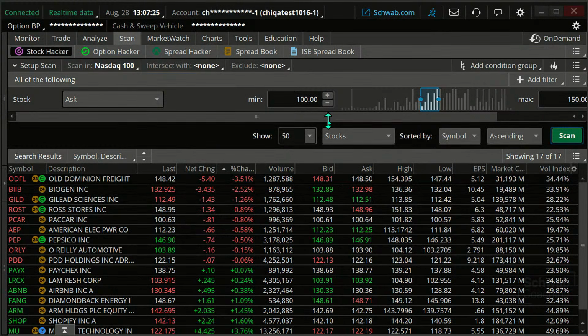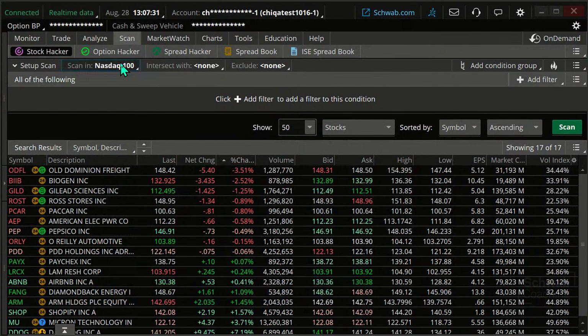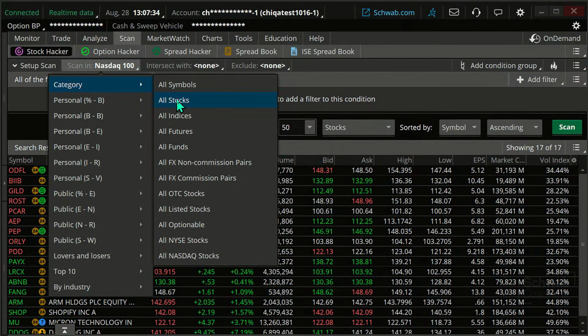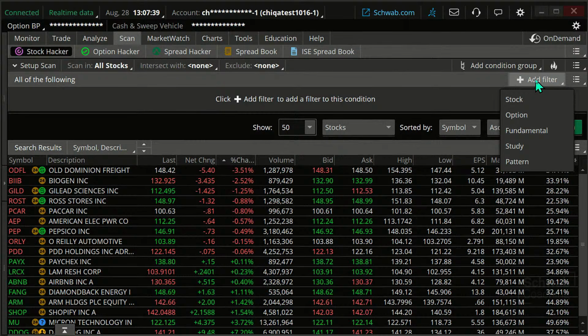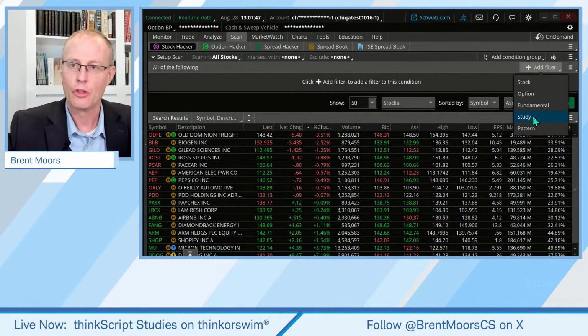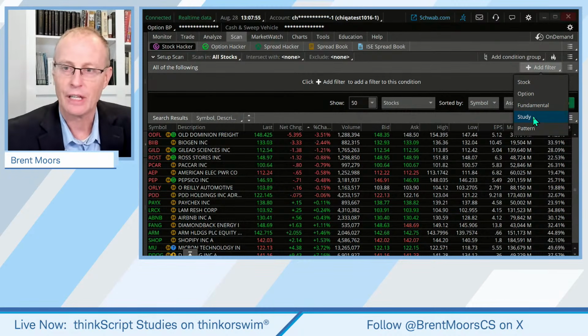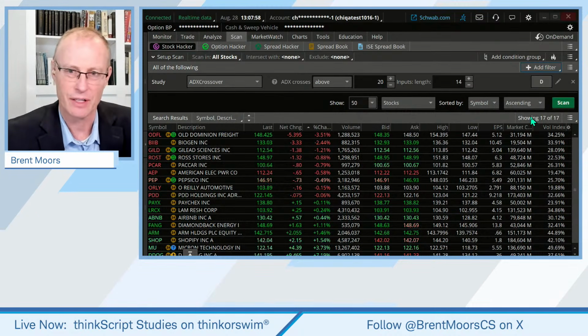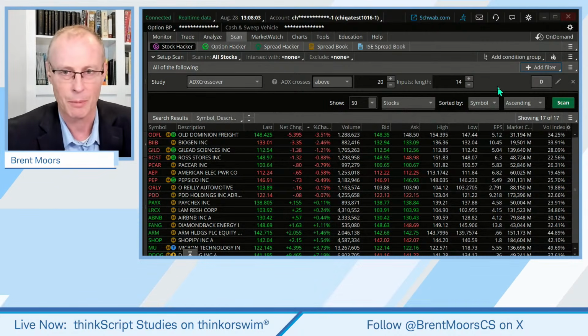So what I'm going to do is get rid of this filter, and let me just reset this to all stocks, okay? The filters I'm going to talk about today, where I click on add filter, are study filters. Now, a little caveat for you. If you are on paper money, a lot of these study filters aren't going to work for you. Okay, you got to be on the live platform. If you click on study, I don't remember exactly what the error message says, but it's going to give you a warning. It says it doesn't work on paper money.